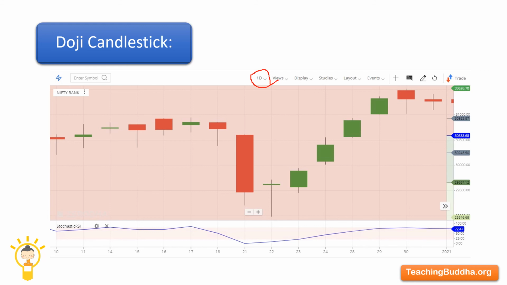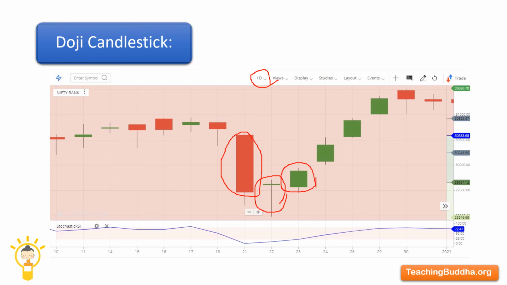Here you can see that on 21st there is a very big bearish candle. Right after 21st, after a big bearish candle, the trend has gone to oversold zone, and in oversold zone you can see there is a doji formation. This is kind of a dragonfly doji. Of course, you don't have to remember names, but you should remember the symbols. After this doji formation, you can see there is a bullish candle confirmation. This is the confirmation candle.